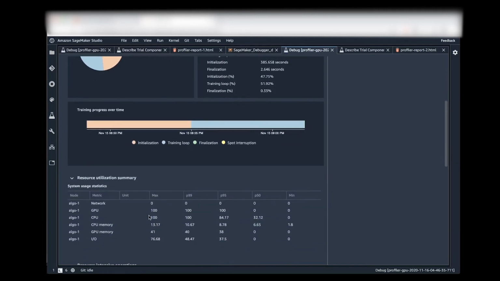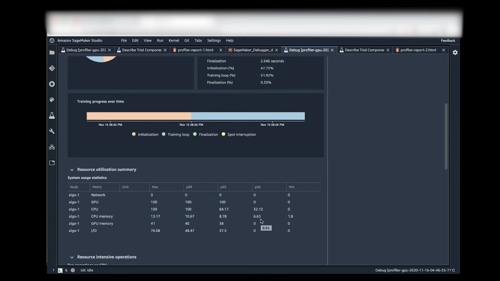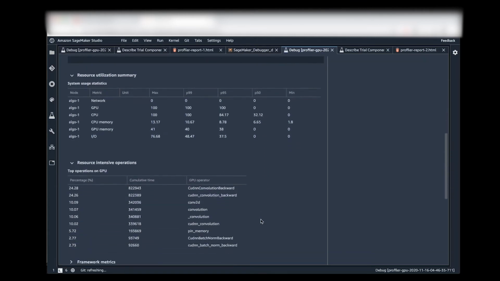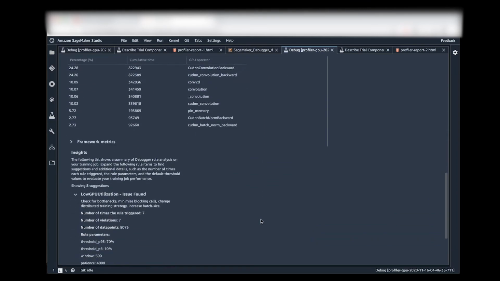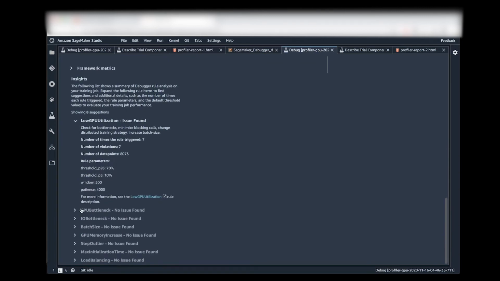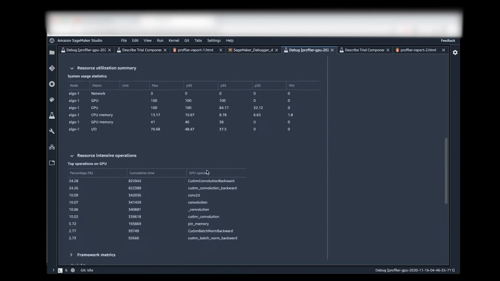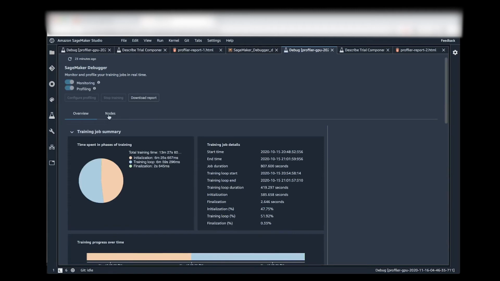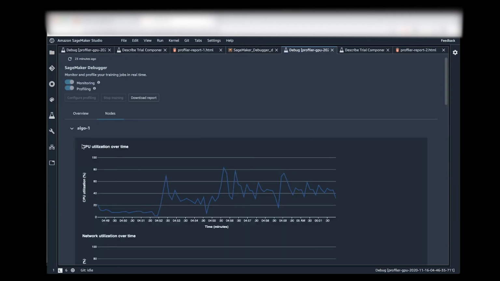I see then in the utilization summary that my median GPU utilization is only 0. That's partially because I spent now more time in the initialization and less time in the training loop, but it's going more often now also to 100% utilization on the GPU. I can see in the rules that batch size and step outlier rule are no longer triggering, but low GPU utilization does. So I can now go to the node overview and I see here my CPU utilization increased quite